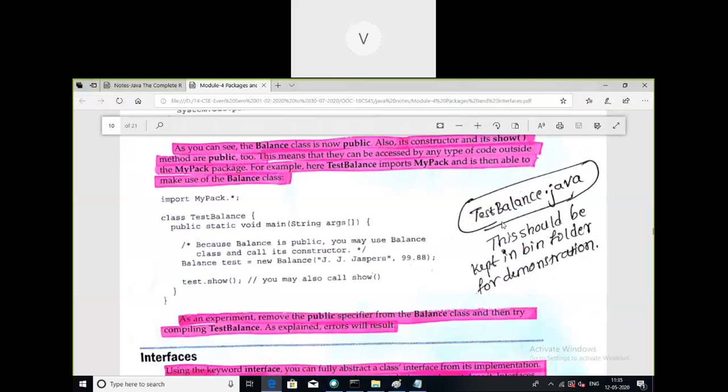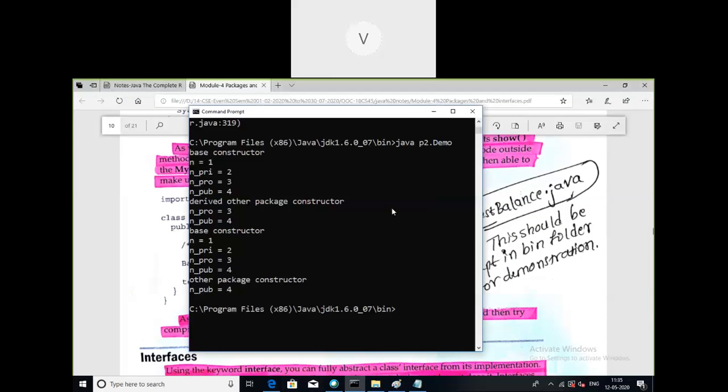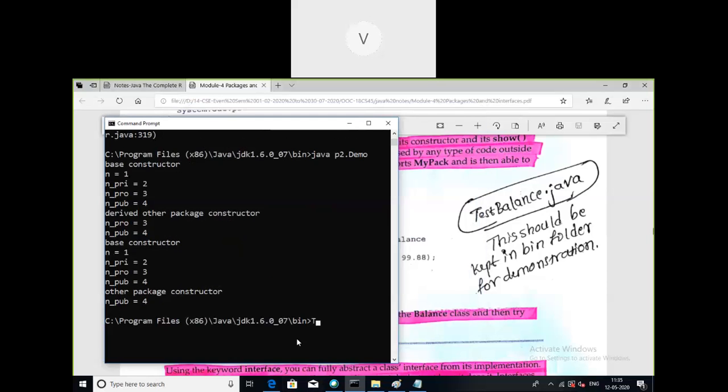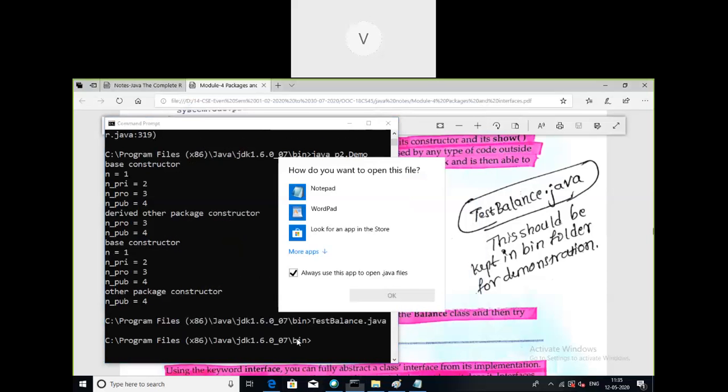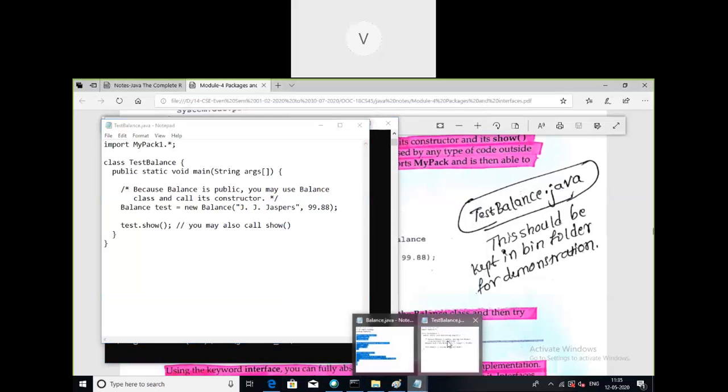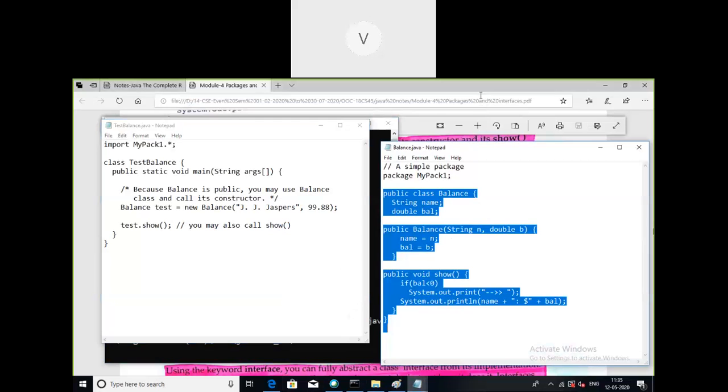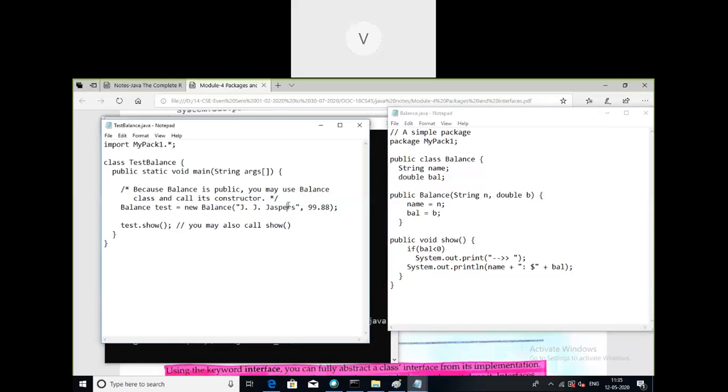So we have written one code for that, TestBalance.java. Both TestBalance and Balance I'll keep side by side. So this is the Balance class which is present in mypack1. Now within this TestBalance class, I am trying to access the constructor of the Balance class.